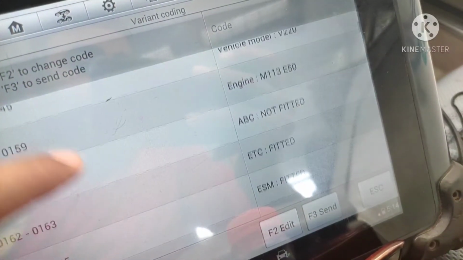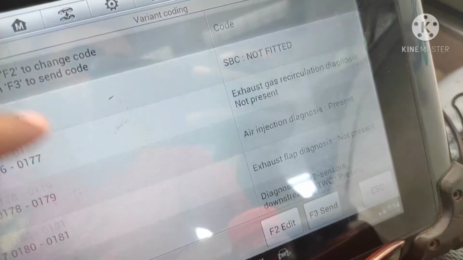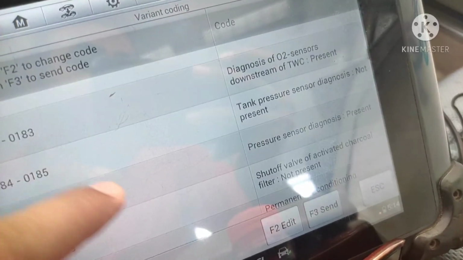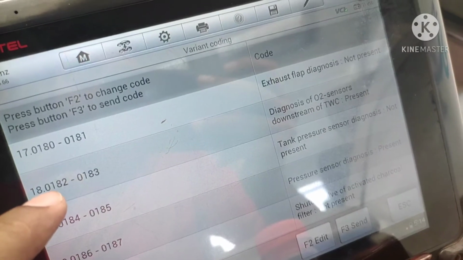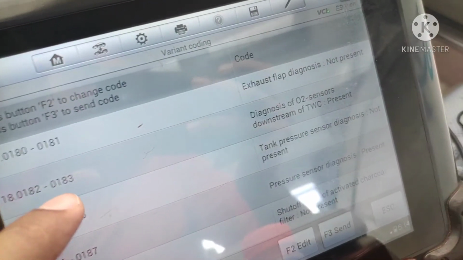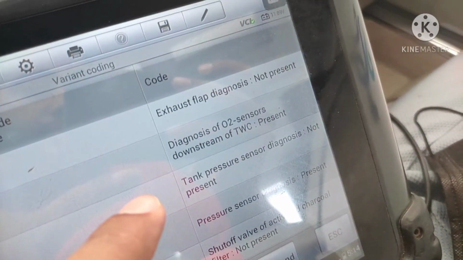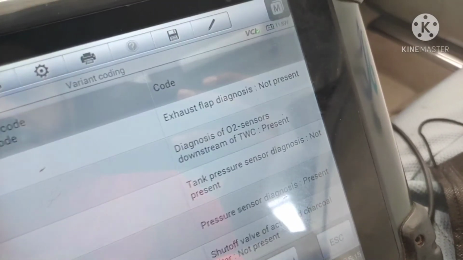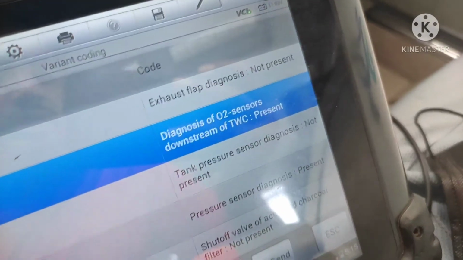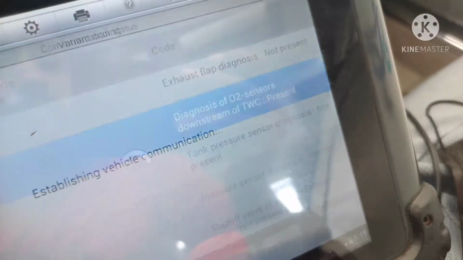So we will look for this option, 1801820183, downstream of O2 sensor, downstream of TWC present. So what we need to do, we will select this option, then press edit,